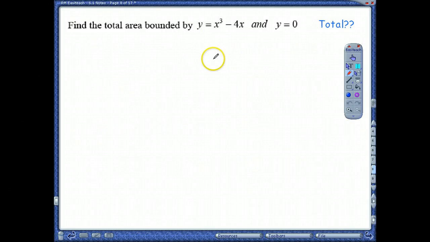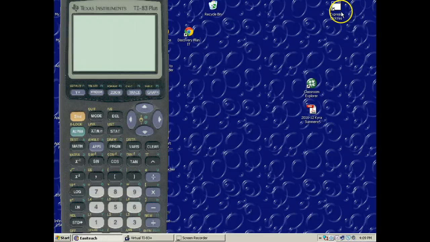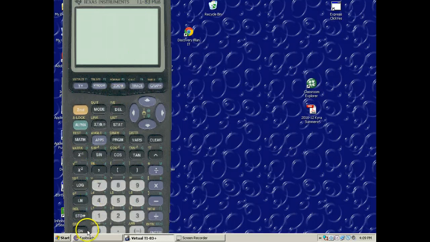Now in our next slide, it says find the total area bounded by y equals x cubed minus 4x and y equals 0. Now it does say total area, but there's no guarantee. It may just ask you for the area bounded by those two. I want you to always think total. Well, like I said, I'm going to show it on the calculator. Okay, so if I'm looking at my calculator, and I have zoomed in here, I've got this